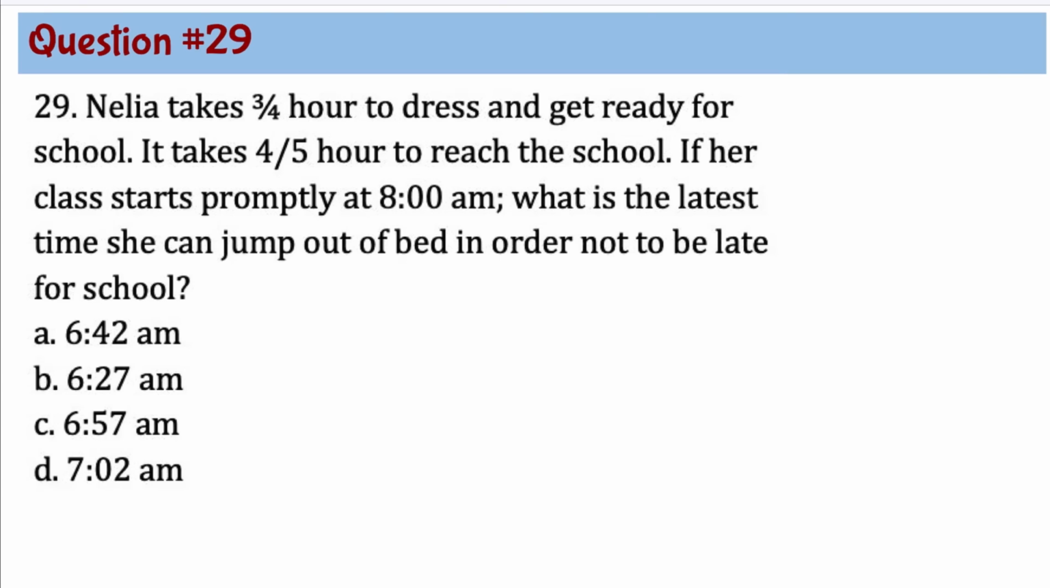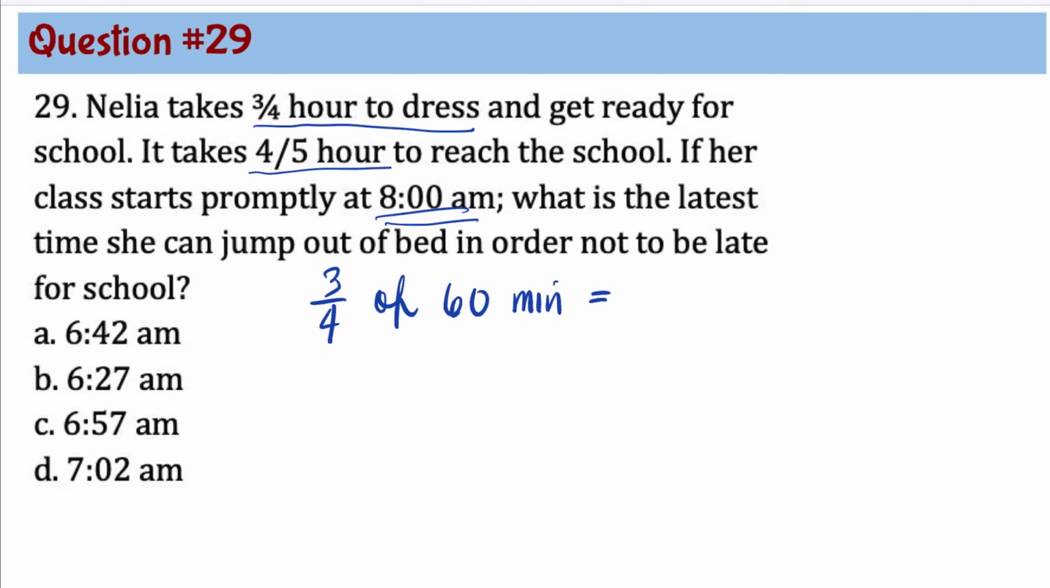Question number 29. Nelia takes 3/4 hour to dress and get ready for school. It takes 4/5 hour to reach the school. If her class starts promptly at 8 a.m., what is the latest time she can jump out of bed in order not to be late for school? So here, first thing that we need to do is to find out how many minutes or hours she needed before getting to school. So the first one is 3/4 of an hour, which means 3/4 of 60 minutes